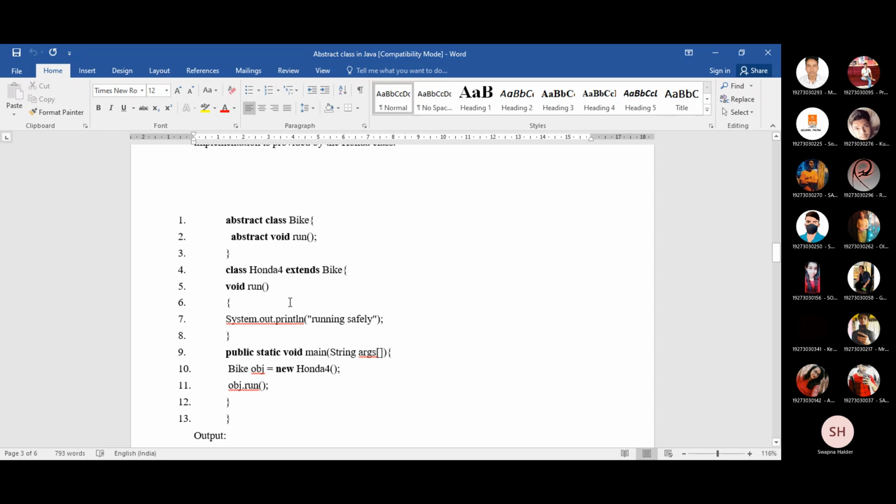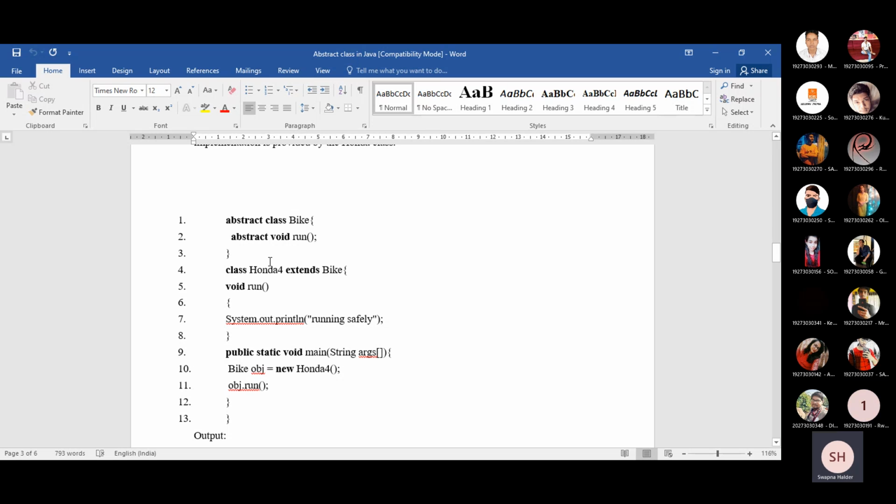What is the meaning of it? Here is an example of an abstract class, that is Bike. This class is defined as an abstract class. Within this class we are declaring one method, run, which is defined as an abstract method. Now, how can you use this method? This method doesn't have any instruction statement within it. So if you want to use it, you need to write the instructions inside this method. So it is the responsibility of the child class, which will extend Bike, to have the implementation of this run method.